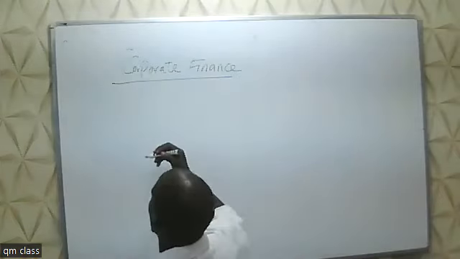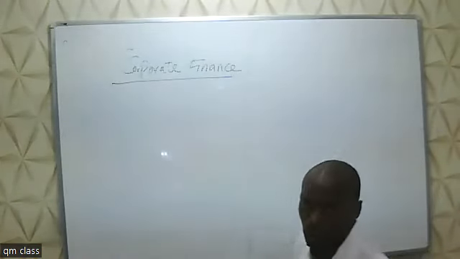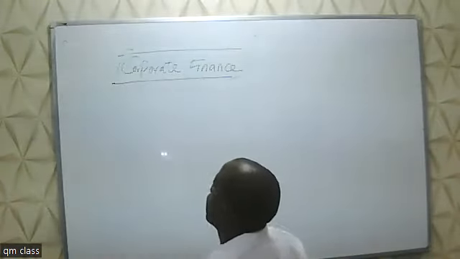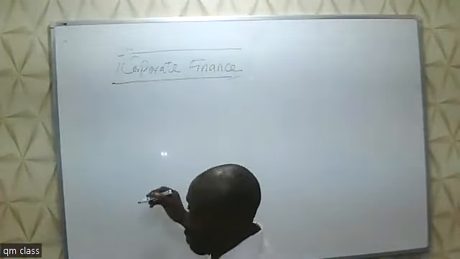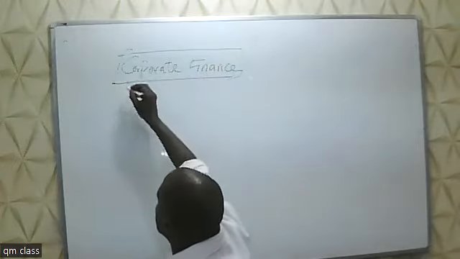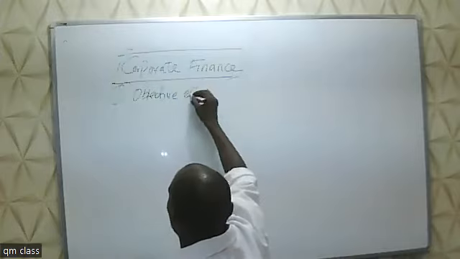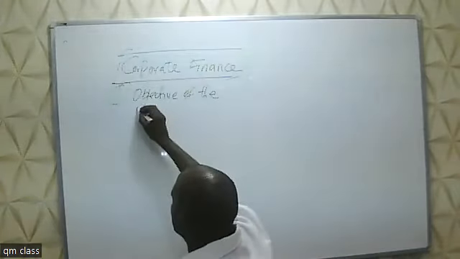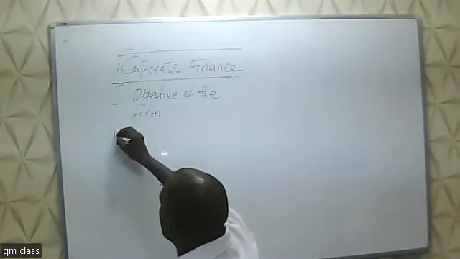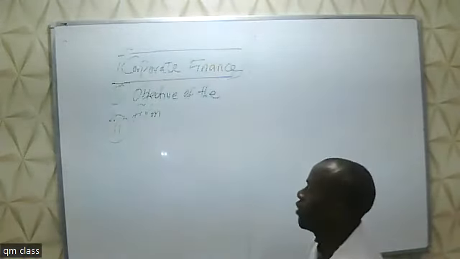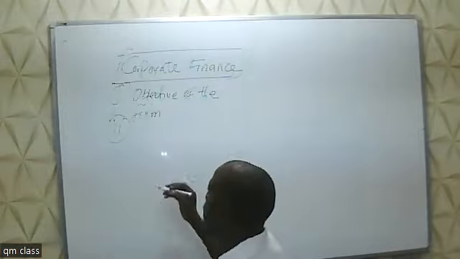And then corporate finance looks at how the company is financed. And we have the various topics to look at. The first one is the objective of the firm. So quickly just taking down this, then we'll pick it up from somewhere. We are going to look at the topics. So the first one is objective of the firm.